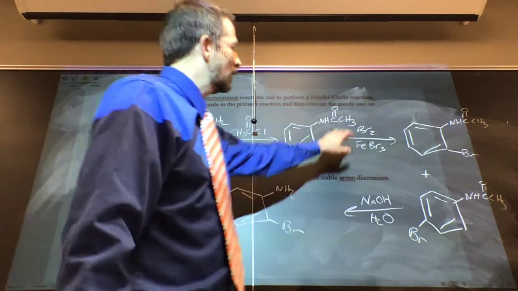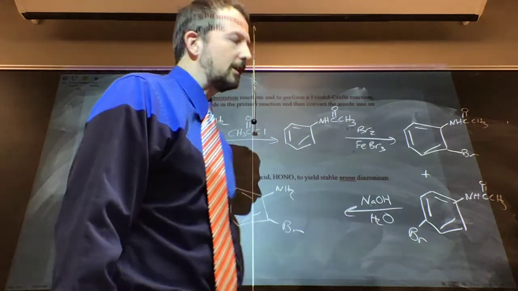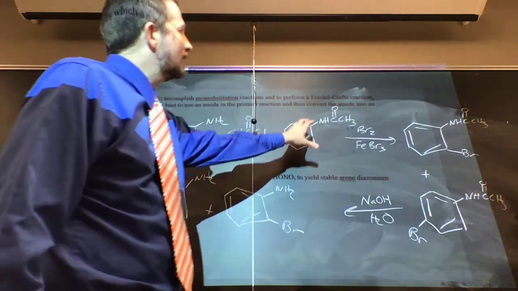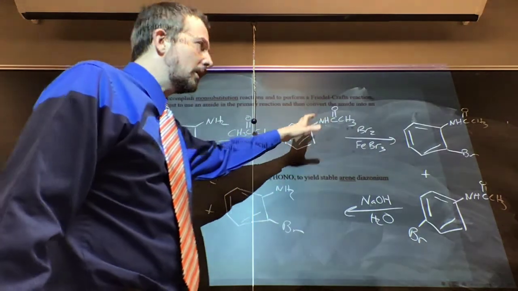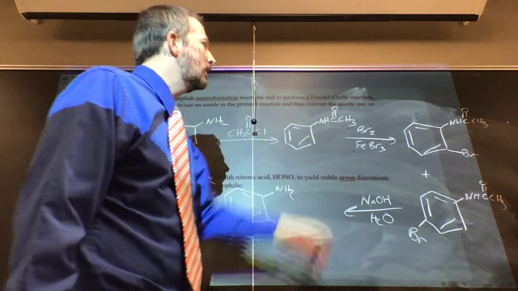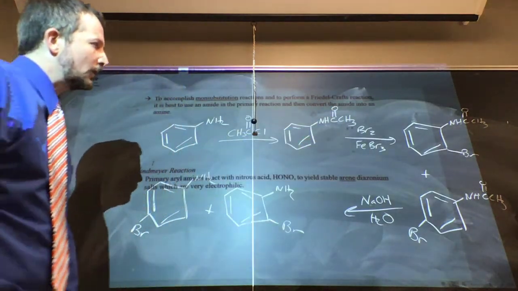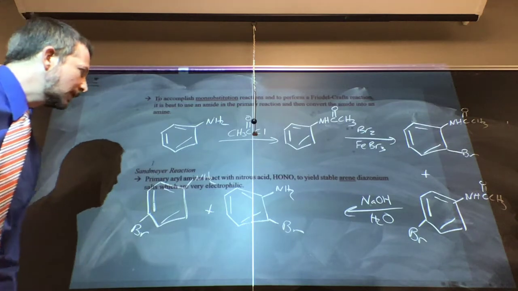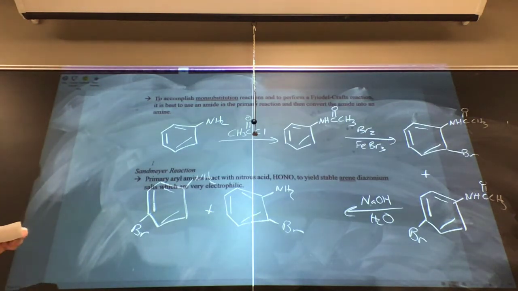Like I said, you could do a Friedel-Crafts here too and add a methyl group in it and still work, because this is no longer an amine. It's an amide, so it would not react with your Lewis acid catalyst and the reaction would take place. Let's go ahead and look at a new